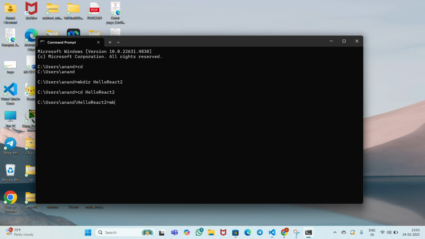Then we will create another directory called hello MUI. For this we will enter the command mkdir hello MUI, press enter. Then we have to use this directory. Press enter. Here we have to create one React app named hello world, and for that we will